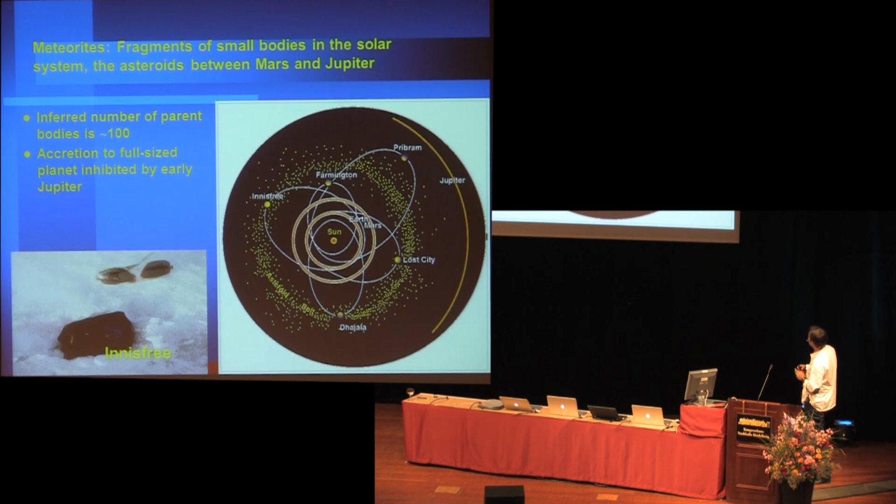Those orbits all were reconstructed to be intersecting the asteroid belt. Now, this is the basic fact that most meteorites indeed are from asteroids, the small bodies between Mars and Jupiter. We also know a few numbers, maybe 100 of Martian meteorites and lunar meteorites, but the substantial fraction is from asteroids. Maybe some are from comets, which we don't yet know. So actually, this is a swarm of random planetesimals that never managed to form a full-sized planet, most likely inhibited by the early presence of Jupiter.